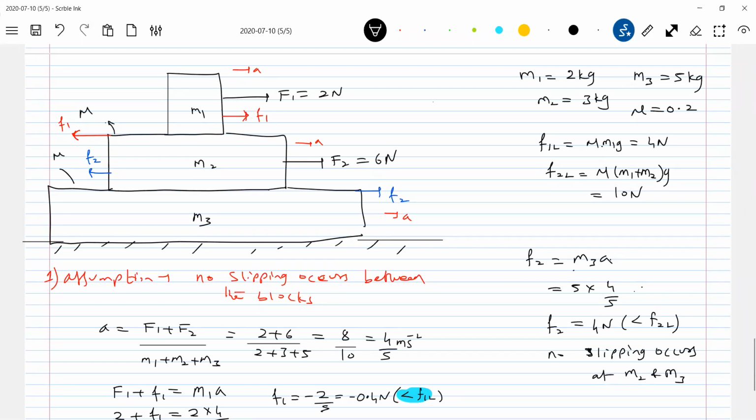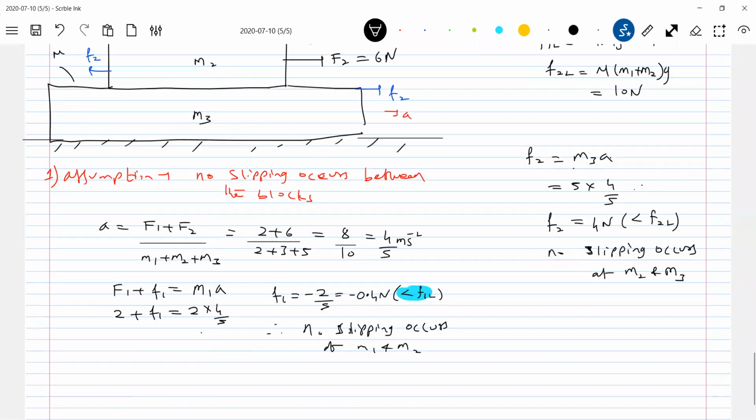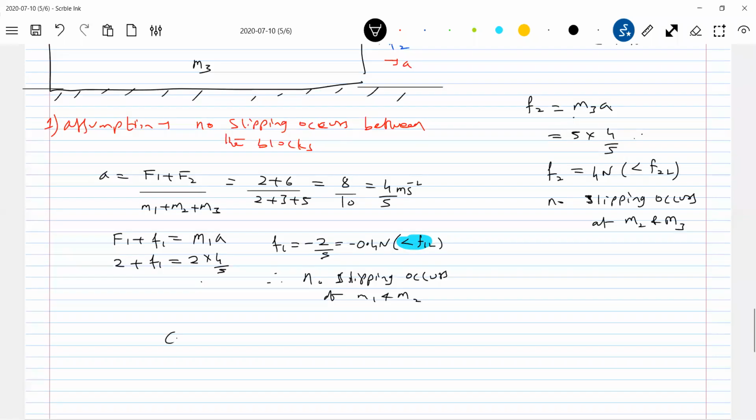So what we assumed, is it right or wrong now? Yes, it's right. Only the direction of friction will change. Sir, so only the direction of friction. Friction, you have to change it. Final, I'll conclude here now. So what is the conclusion now? So the conclusion, we are going to make it here. What is the conclusion? The conclusion will be like this.